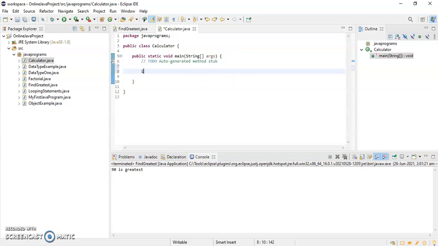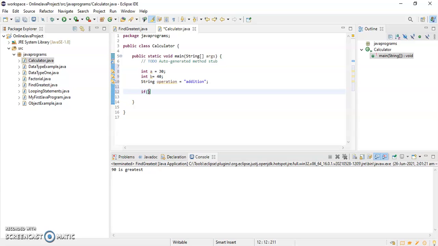I'll just write here int a is equal to say 30, int b is equal to 40, and a String operation. Here I can give either addition or subtraction or multiplication or division. So I'll write first using if statement.